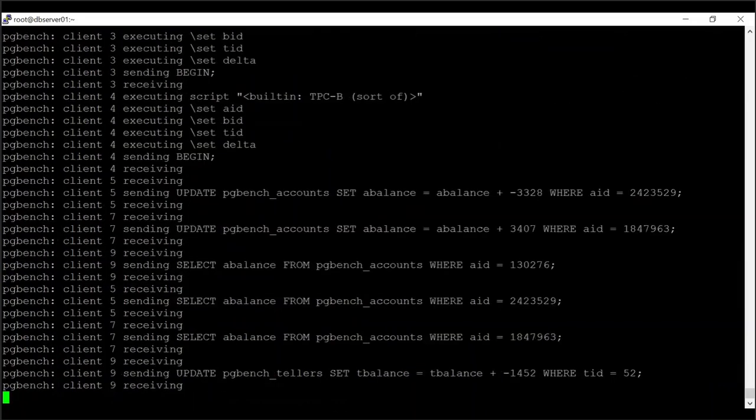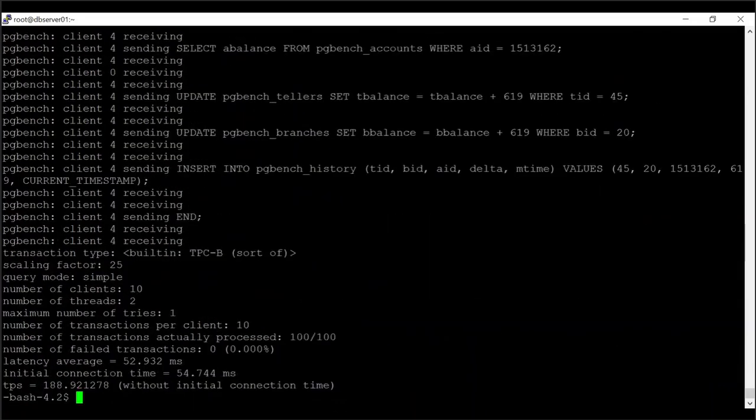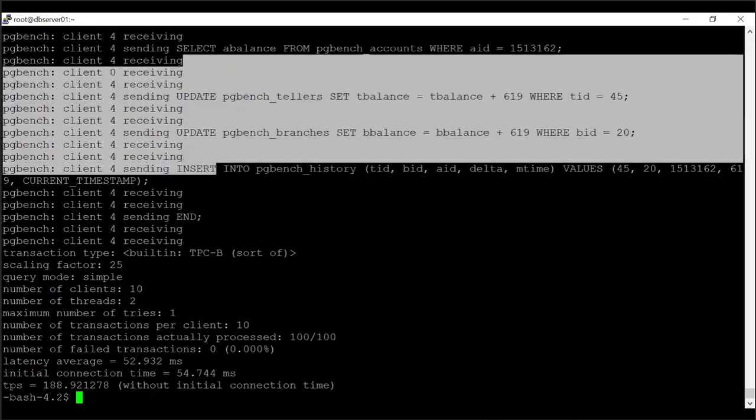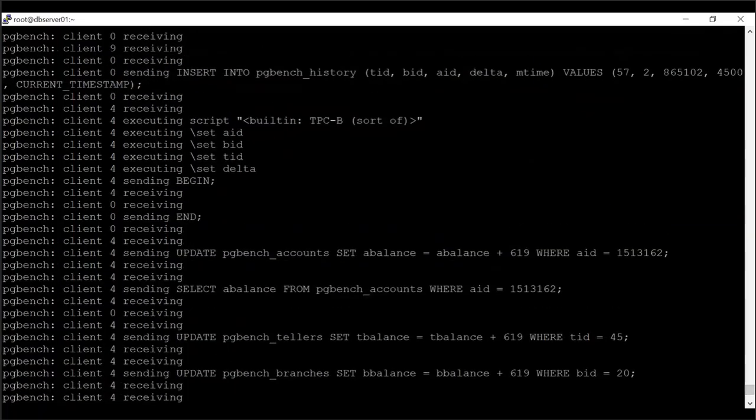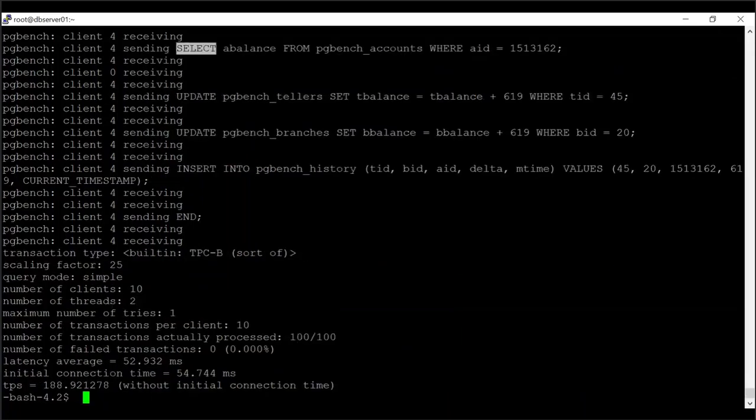Internally, it is doing some update, insert, select, delete. It is doing this with a script internally. It has a PL/pgSQL block. It is just trying to do inserts, updates, and some select statements, just some random transactions, just to see how the